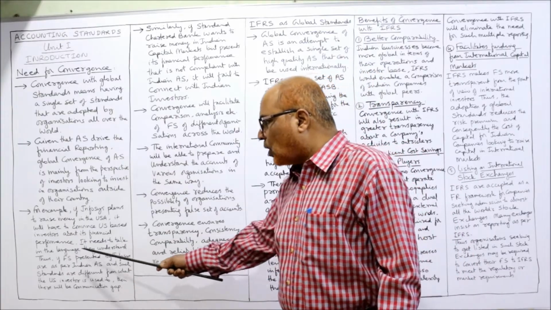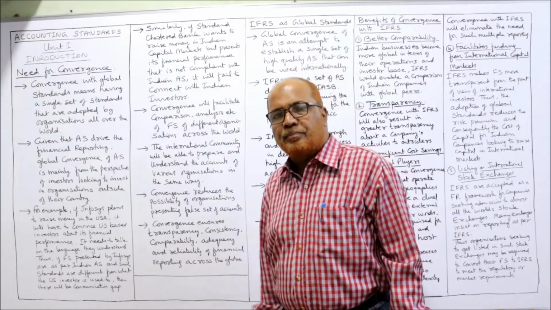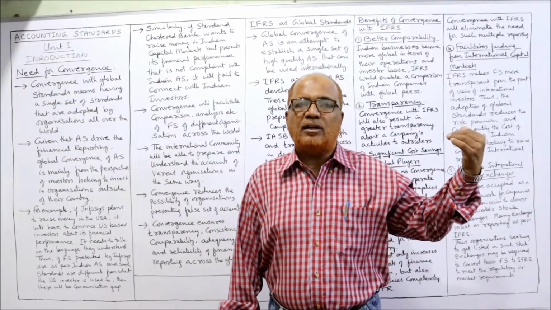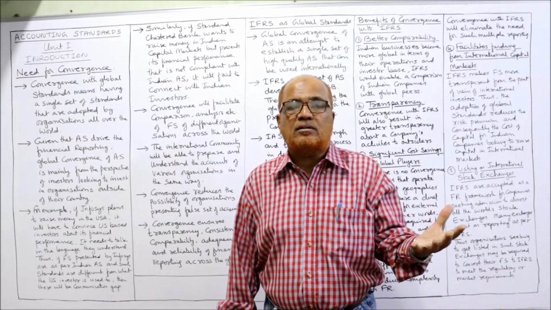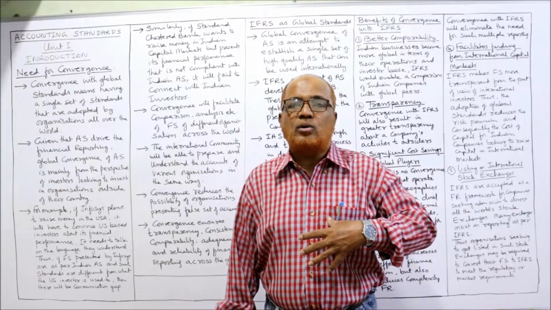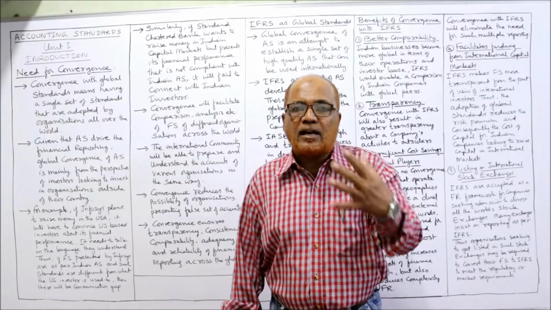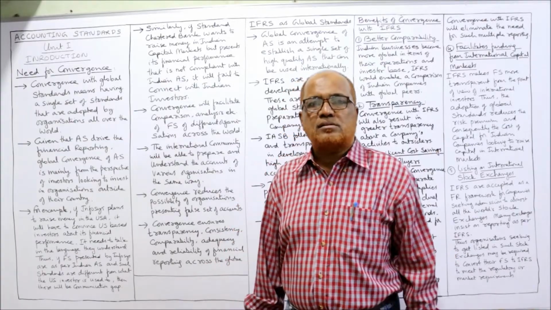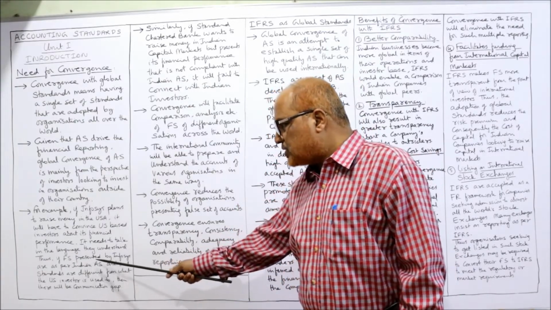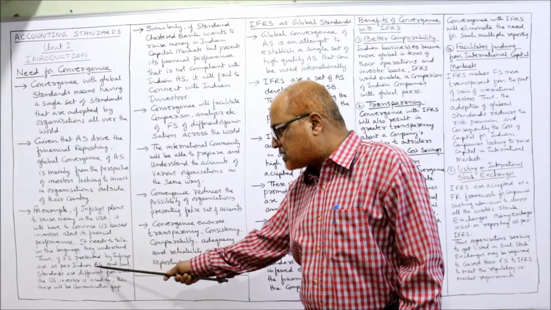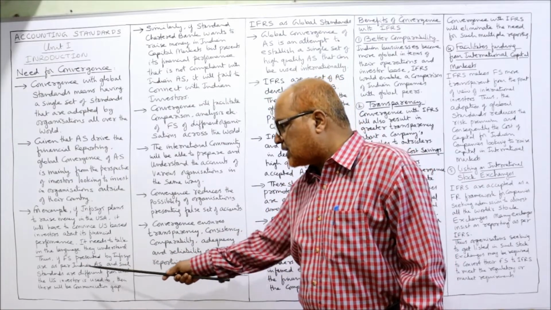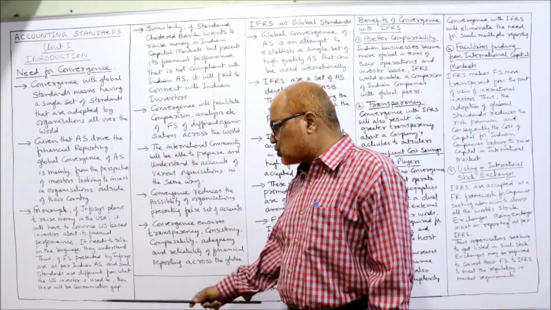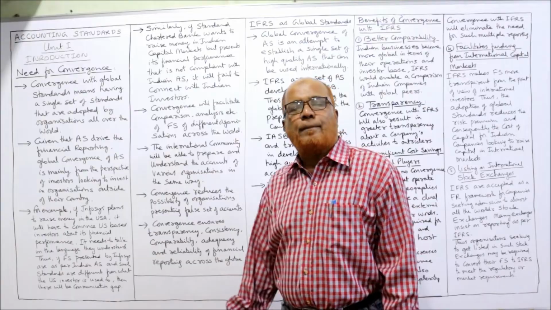So it needs to talk in the language they understand. First thing is, we have to speak in such a way that the American investors can understand. If we have prepared the financial statements according to Indian accounting standards, that may not be understandable to US investors. So if the financial statements presented by Infosys are as per Indian accounting standards and such standards are different from what the US investors are used to, then there will be a communication gap.